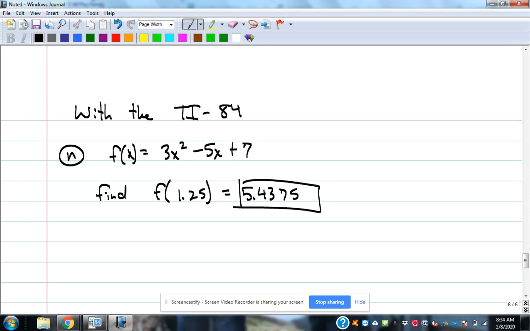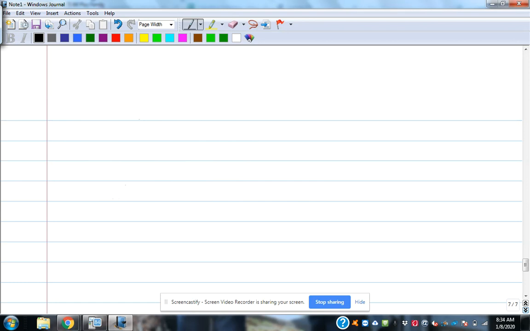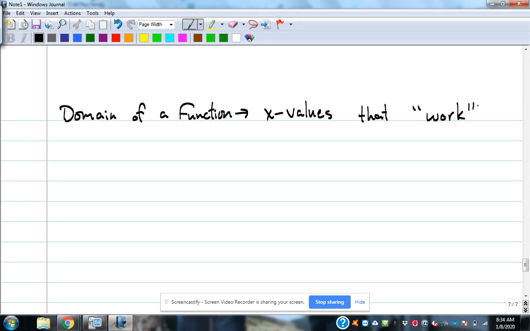So let's get into maybe the meat of this lesson, or what I think is the biggest part of this, and that's the domain of a function. So very important part here. The domain of the function are the x values that, quote unquote, work for a function. Okay. When I say work, I mean these are the X values that don't cause issues,